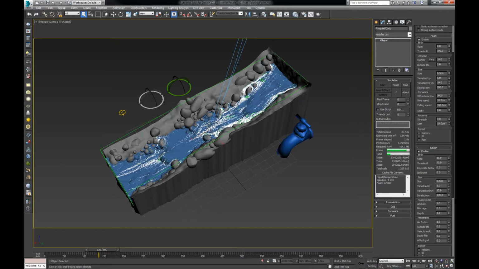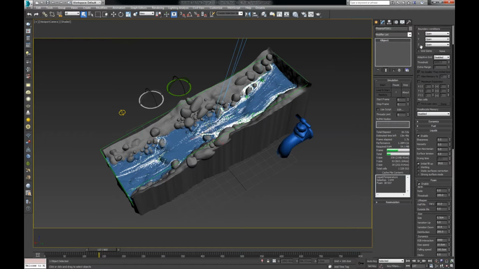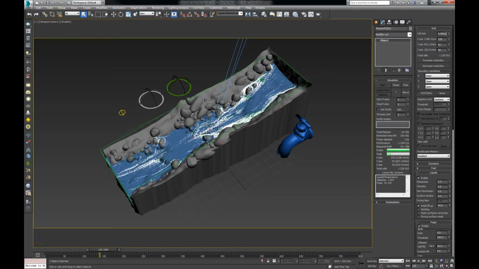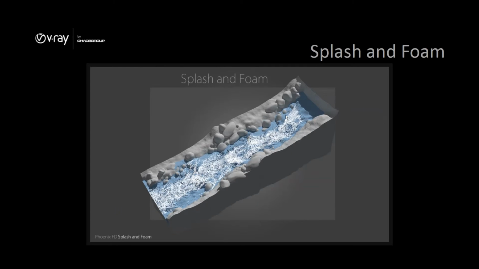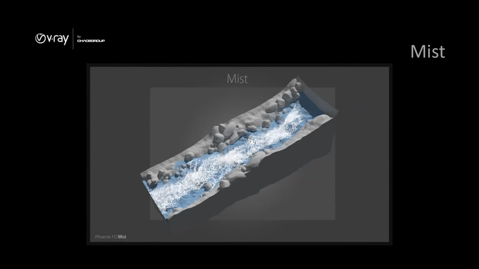So once you add more detail by increasing the resolution in our simulation, we'll have better reproduction of the foam and splashes. Okay, and that's it for the foam and splashes. So you can see here the mesh is more detailed and we get nicer foam and splash. And what we can also do to add a little bit more detail is add mist,